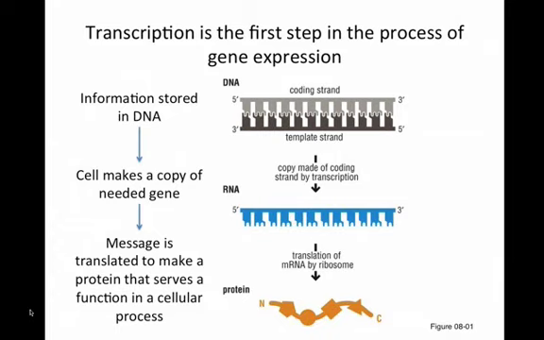I just put this in here because, yes? How does the cell know which strand to use to make mRNA? I think it depends on, because I think you can have genes on both strands. Genes are on both strands. And it depends on where transcription factors bind and how RNA polymerase is recruited. Yeah. Good question.